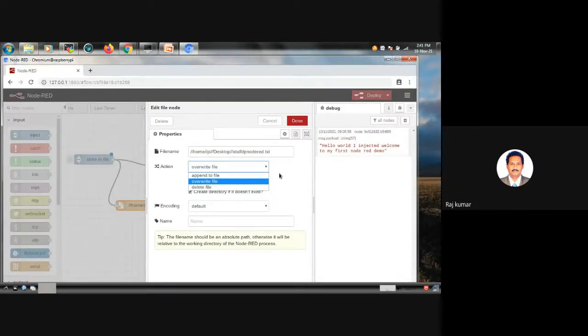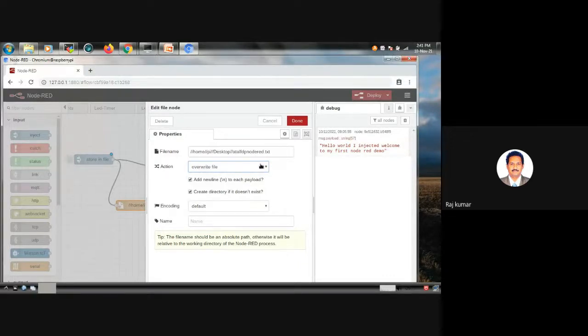So many things are there. I have chosen overwrite. So every time I send a new topic, that new string will be stored in that file. The previous will be removed. If I have more than one, I can add new lines to each payload. That means when you use append, this will not work for overwrite, because every time new content will be written onto the file like that.